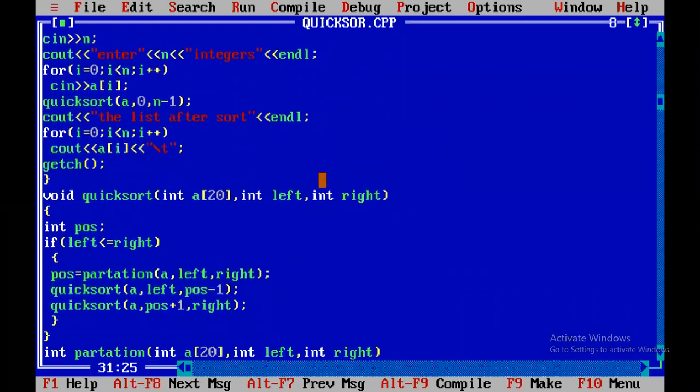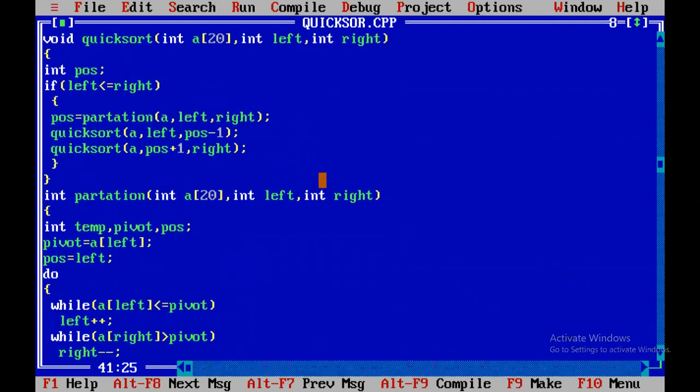In quicksort, we have the logic in two parts: the complete process is one task, and the subtask is another task. The process is: assign the first position, 0, to left, and the last position, n minus 1, to right. Perform the operation until left is less than or equal to right. Increment left by 1, decrement right by 1, and interchange. The total work I will perform in the partition function, because that work is performed continuously. Otherwise, you would have to use that logic here.